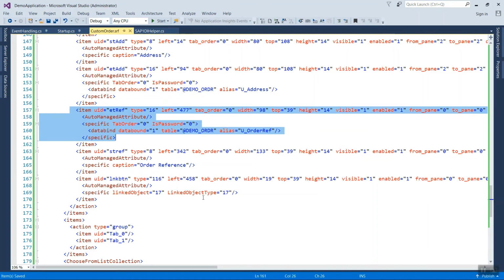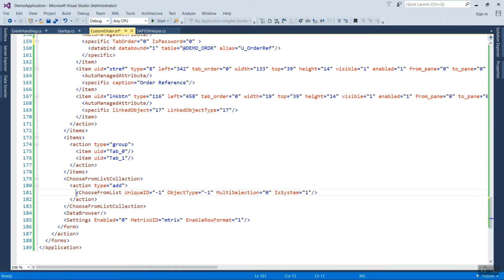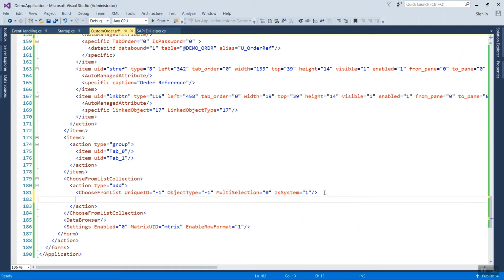Now we will bind a CFL object so that the user can select an order with the help of choose from list. So the same we will do in the SRF, give some unique ID, 5, here object type which is 17 for sales order.